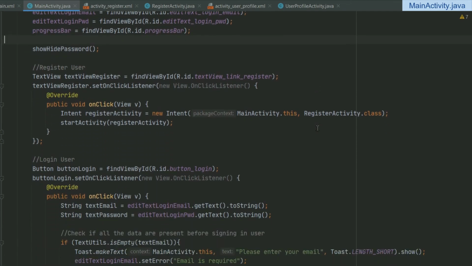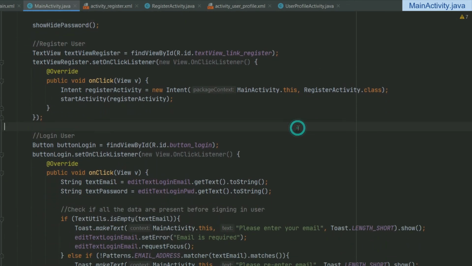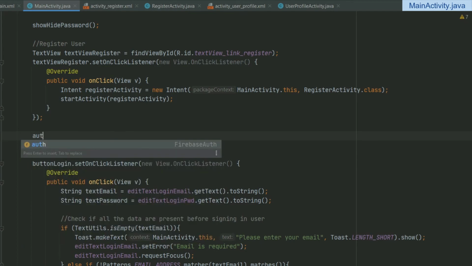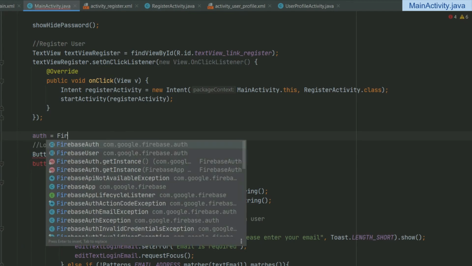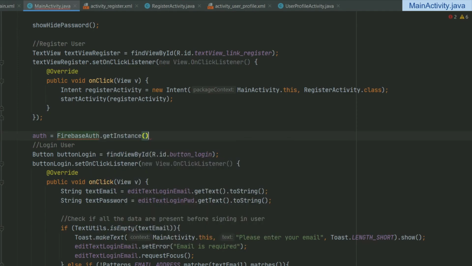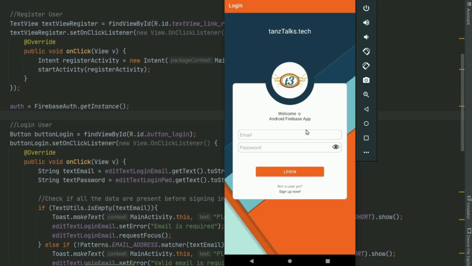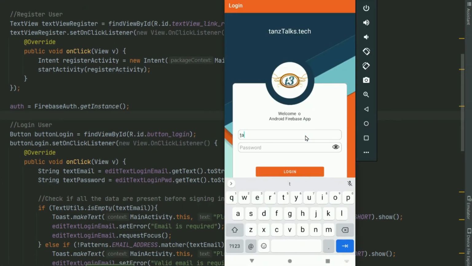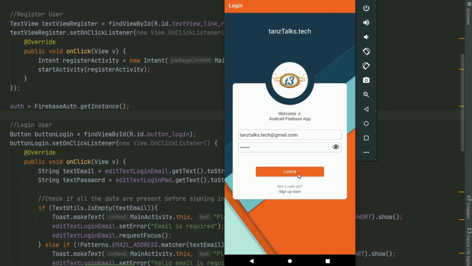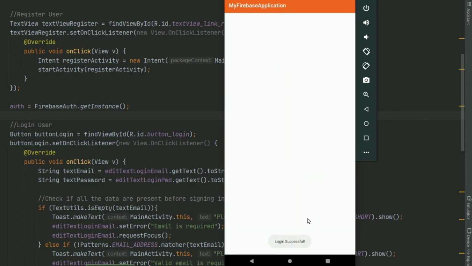So before this login button is clicked, we have to get one instance of Firebase auth. So auth equals FirebaseAuth.getInstance. Now run the app. And login was successful. Alright,